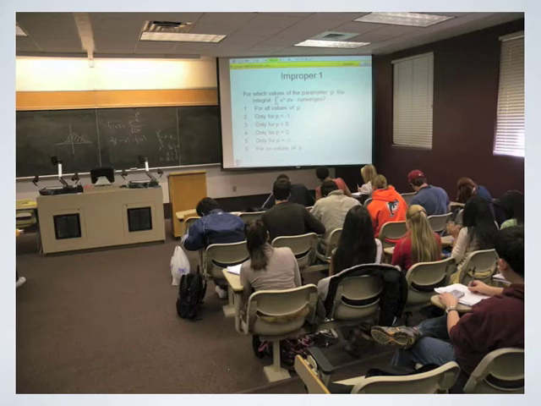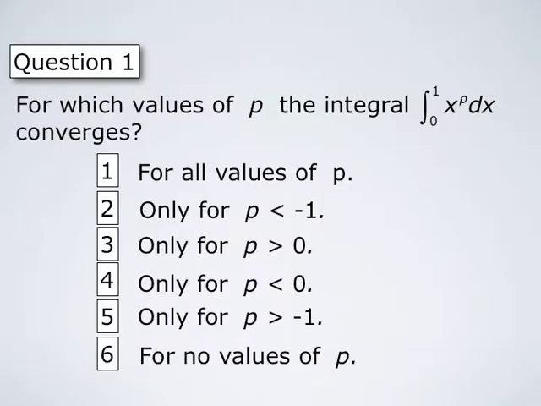Students are focused. They have 2 minutes to answer this question, and this question is based on what was just discussed. This particular question was: for which values of the parameter p does the integral from 0 to 1 of x to the power p dx converge? The answer choices were for all values of p, only for p less than -1, only for p positive, only for p negative, only for p greater than -1, and then finally for no